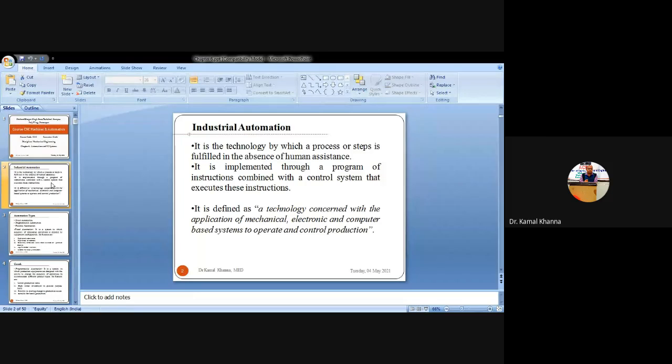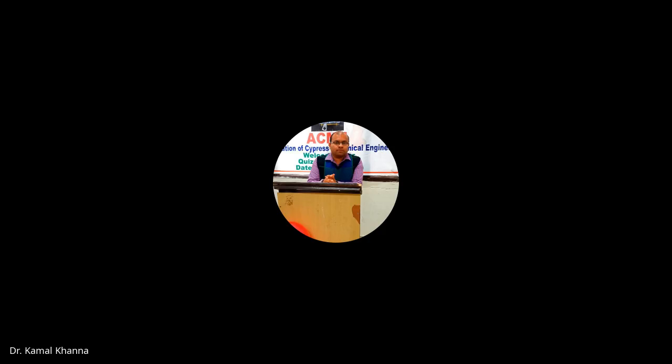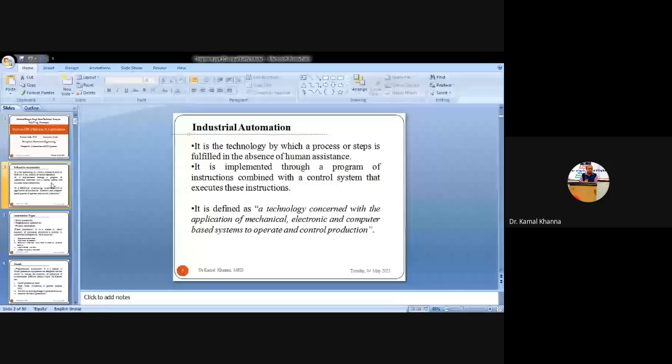With the help of these CNC machines in industry, we are achieving Industry 4.0, so that industries are becoming more competitive in the global market. That's why we are getting a new component of every product in just 15 days, or a new model of your mobile every month. This is possible only due to the industrial automation happening in industry. We are in the era of Industry 4.0, where we are removing the human assistance.